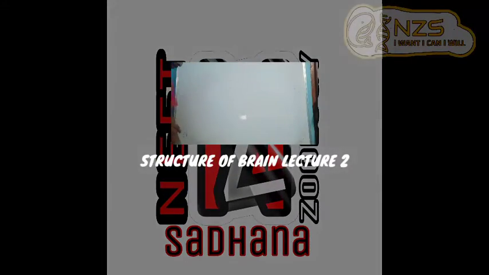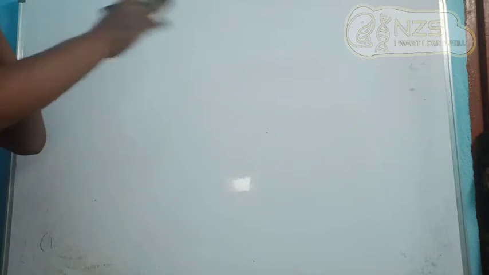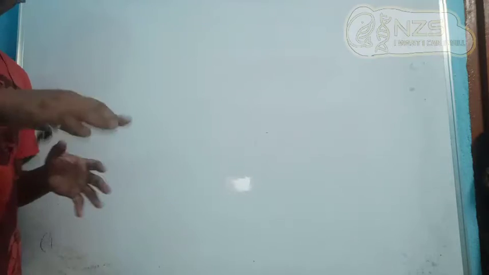Hello everyone. In the previous video, we discussed how the cerebrum looks from the external view, the part of forebrain which we discussed, the big brain, we can say the cerebrum. So in this video, we will conclude that forebrain part, the total structures in the forebrain part, and we are also going to discuss some interesting structure inside this forebrain which is called the limbic system. We will discuss that also.